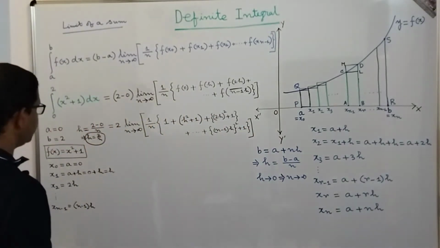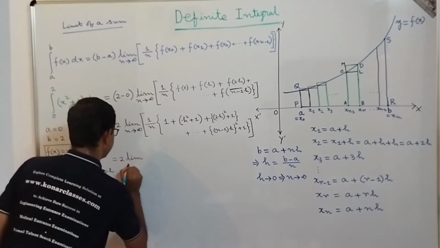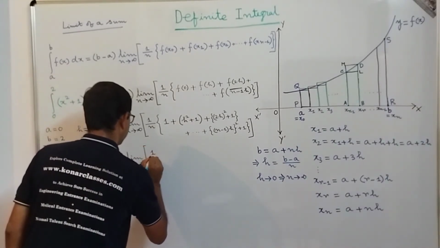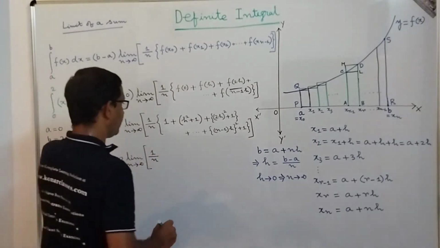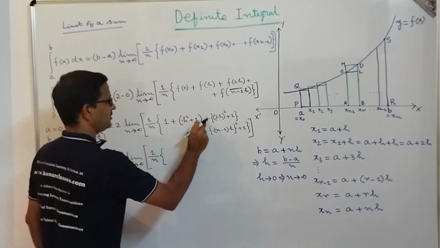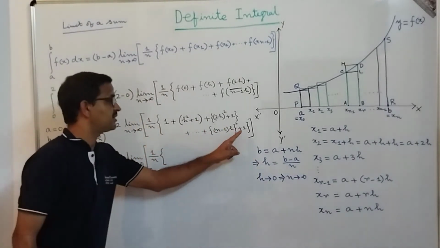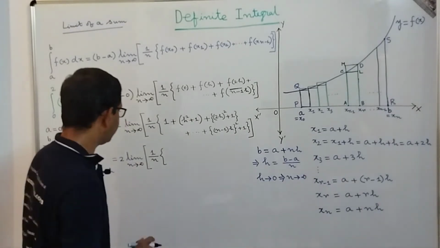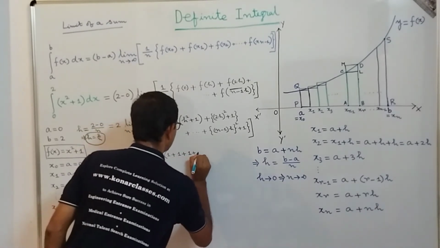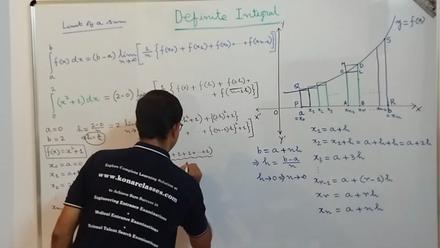Now dear students, let's look into it. So this is equal to 2 into limit n tending to infinity, 1 by n. Now here we see, dear students, that here is 1, here is also 1, here is also 1, in that way till the nth term, that is 1. From the 0th term to the (n minus 1)th term there is 1. So what can we write? We can write 1 plus 1 plus 1 up to n times, so this is coming as n times.